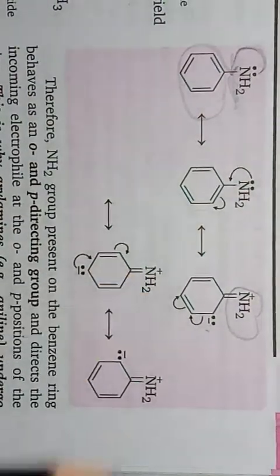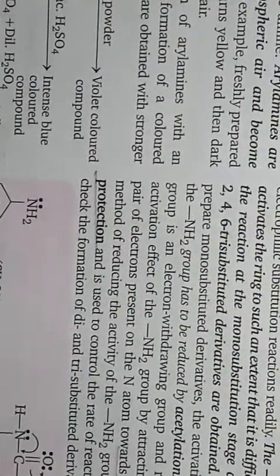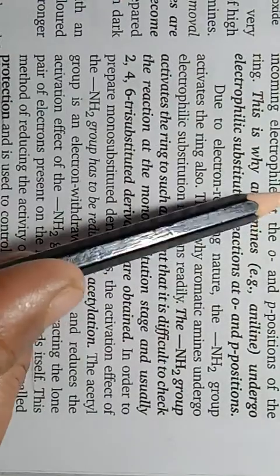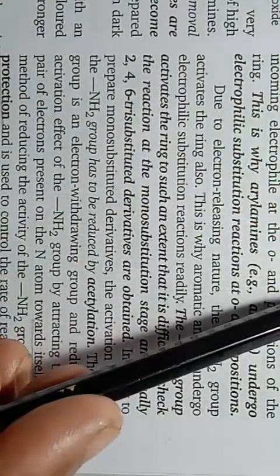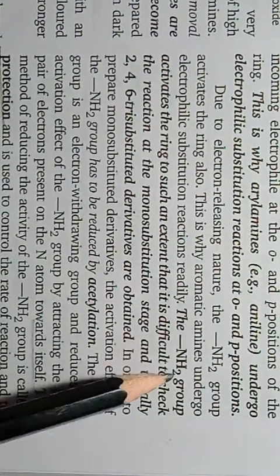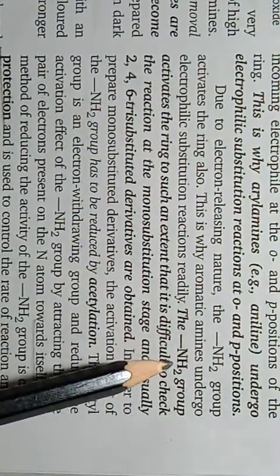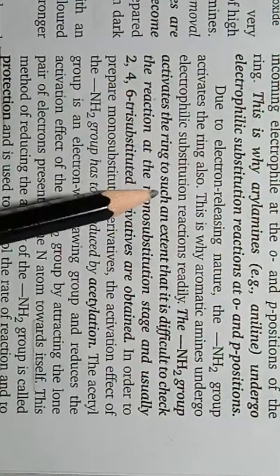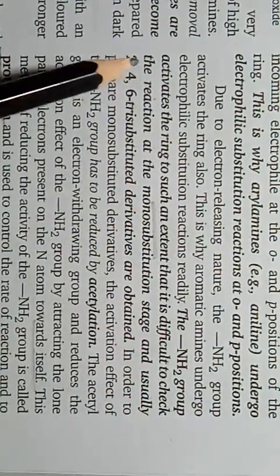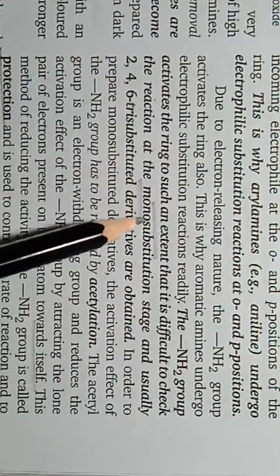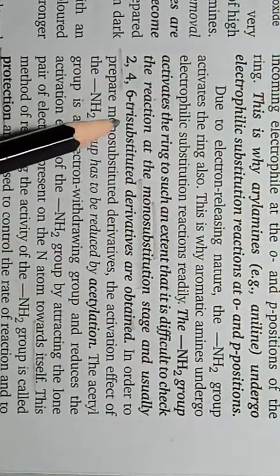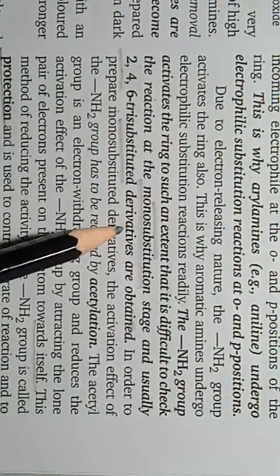Because the NH2 group shows a highly directive influence, it activates the ring to such an extent that it is difficult to check the reaction at the mono substitution stage, and usually 2,4,6 tri-substituted derivatives